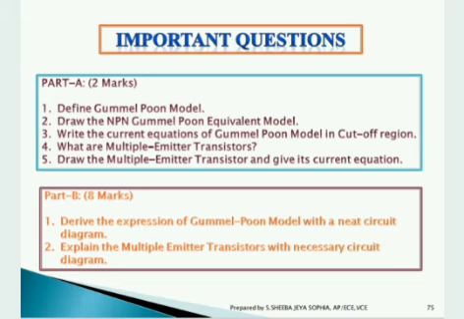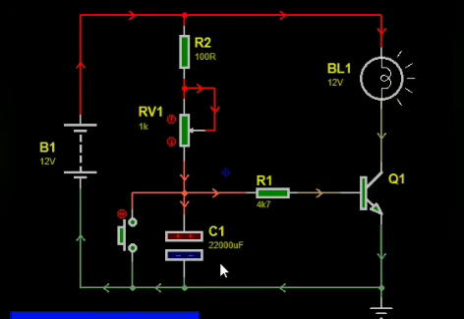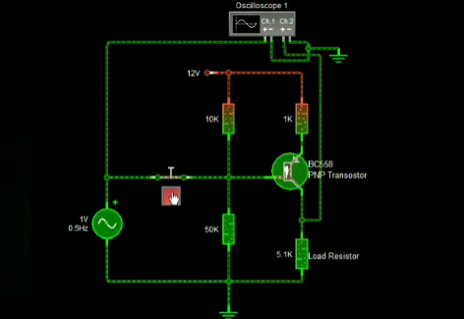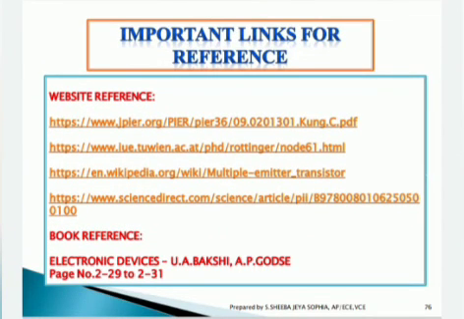Whenever you learn something, you try to get the real-time implementation of that model. For example, the Gummel-Poon model is implemented in PSpice simulations. I have said the Ebers-Moll model and Gummel-Poon model are used in SPICE simulation implementation. That is one of the major real-time implementations in amplifier circuits, which is further used in amplifier circuit analysis. Likewise, you can take the practical implementation of that model where it is implemented in real time, and explain along with that. This is about the Gummel-Poon model and multi-emitter transistor.